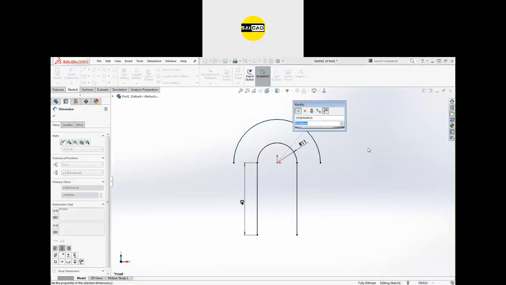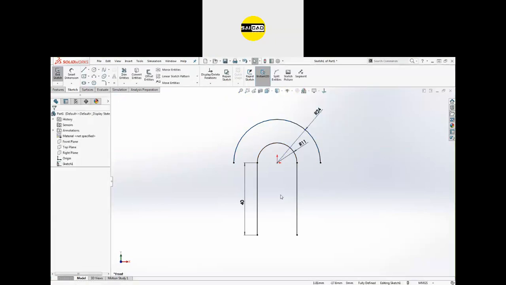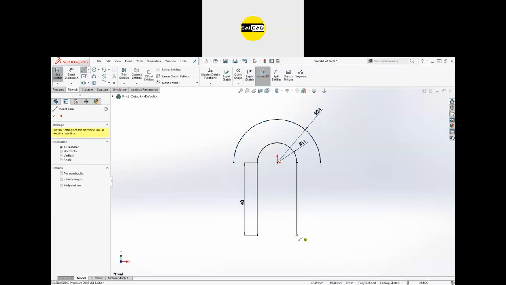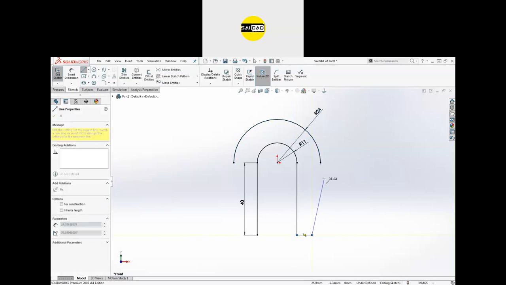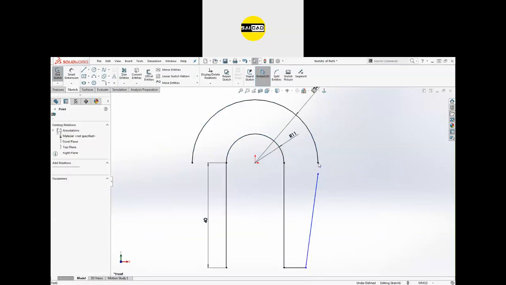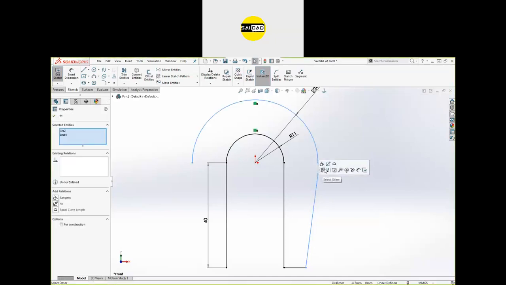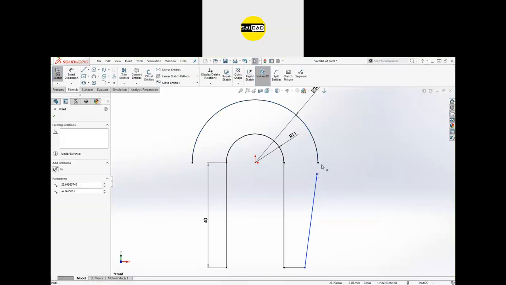This is 24. After that, you have to create some lines that are at an angle. I'm going to use some shapes like this one. Okay, so you just have to move it further, select both, and apply the tangent relation between them. Okay, like that.